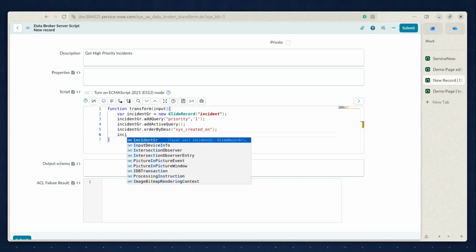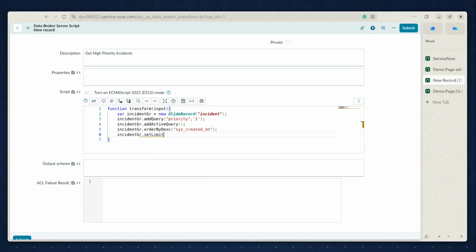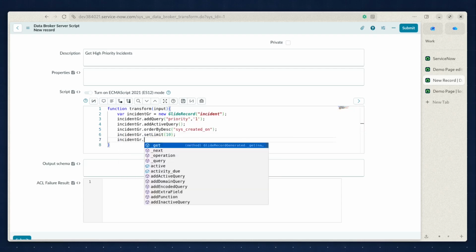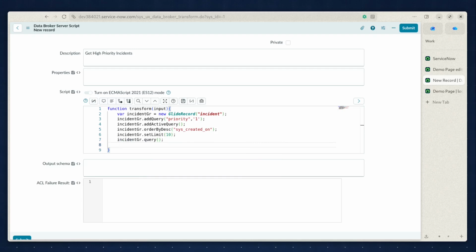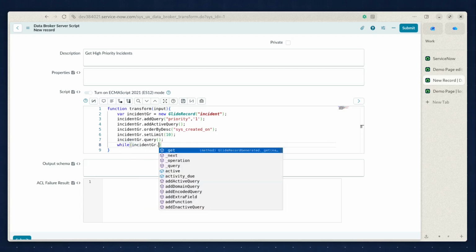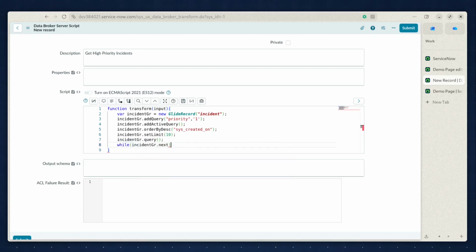And since this is just an example, we will set limit to 10 records for now, and I think that is it. Query, and we will run incidentGR.next,